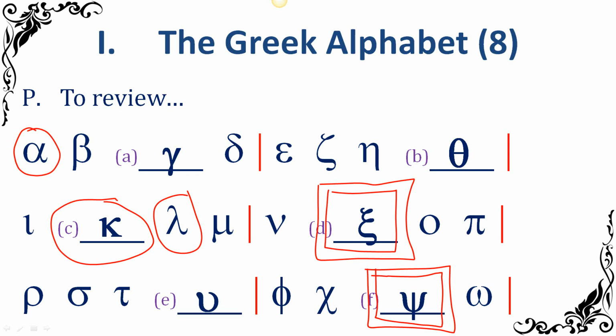Those two are what are called double consonants. If they occur in the middle of a word, you have to separate the consonants out. So you'll have kappa on one side, sigma on the other side, or p on one side, sigma on the other side, for the double consonants.